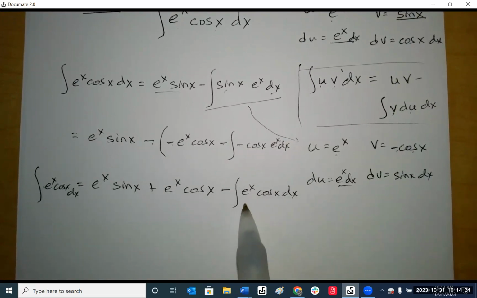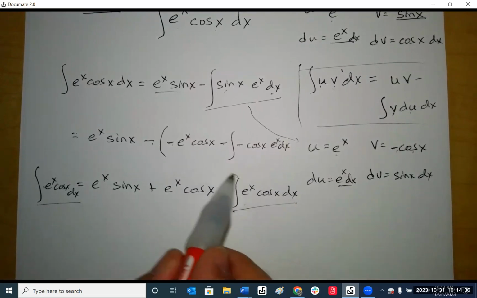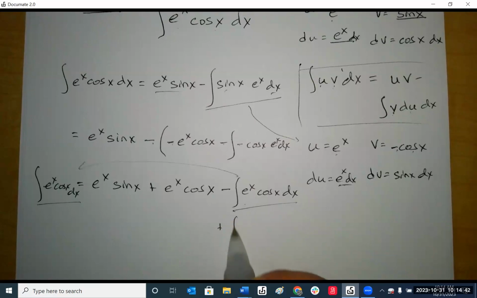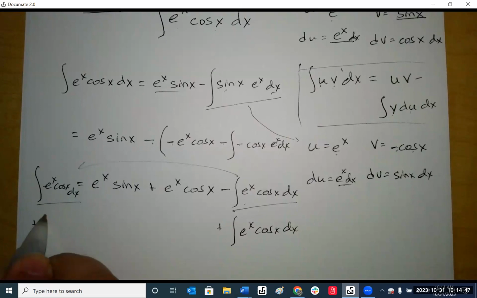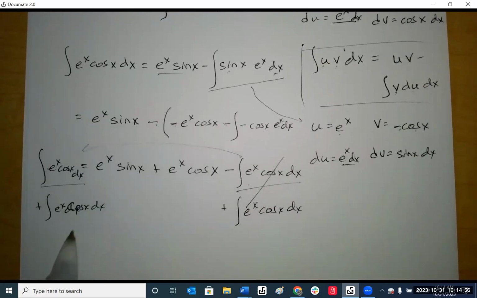See now, at this point, if we only look at this side, we'll keep on going forever and ever. We'll just repeat this thing over and over. But because this equation looks like this equation, we can combine them. So if we add the integral of e to the x cosine x dx to both sides, this gives us